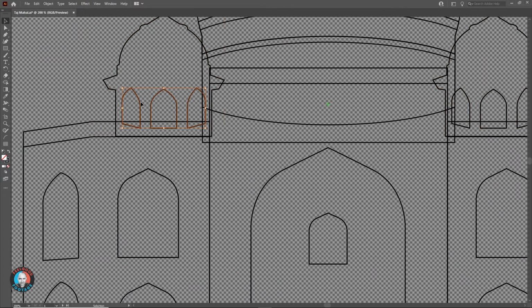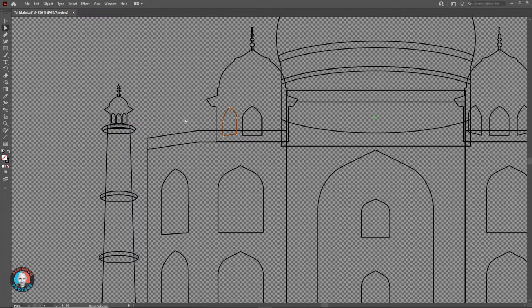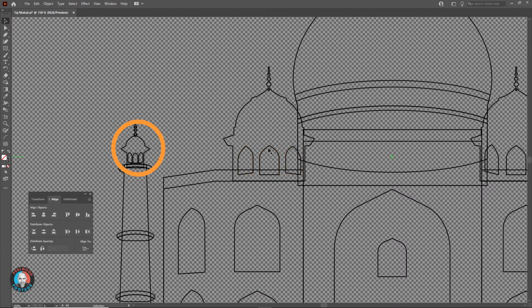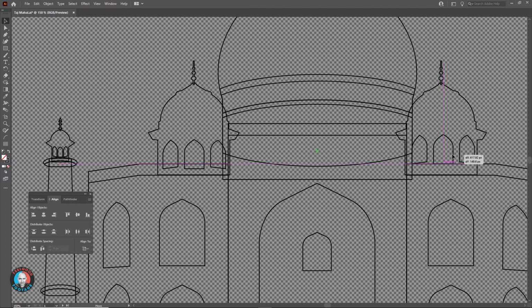I noticed I got the perspective on these windows the wrong way around, so I'll just correct that. Of course, while I'm doing this voiceover, I've realized that I haven't noticed until now that these windows in the towers are also wrong. So I'll change that for the next iteration.